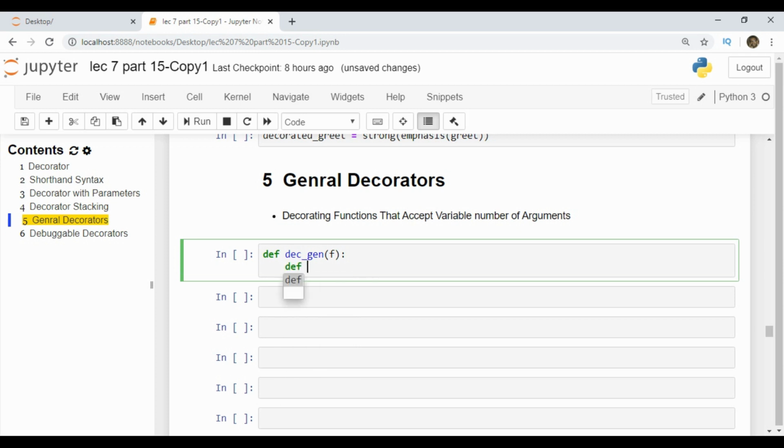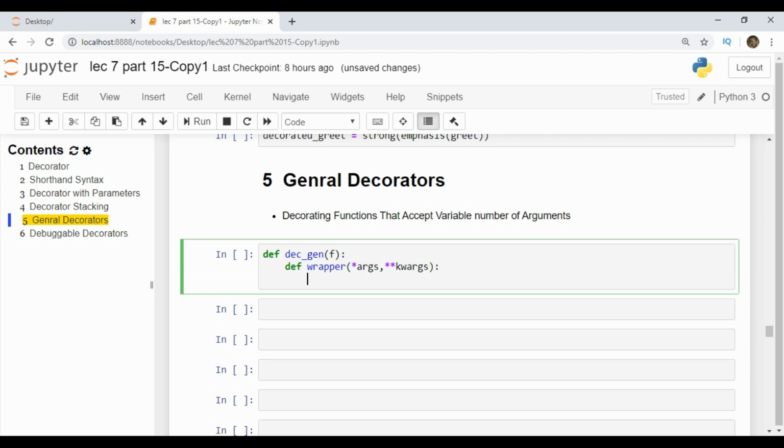Define a wrapper for this function. Inside this wrapper, it will accept a variable number of positional arguments by *args and a variable number of keyword arguments by **kwargs. The names args and kwargs are not compulsory.